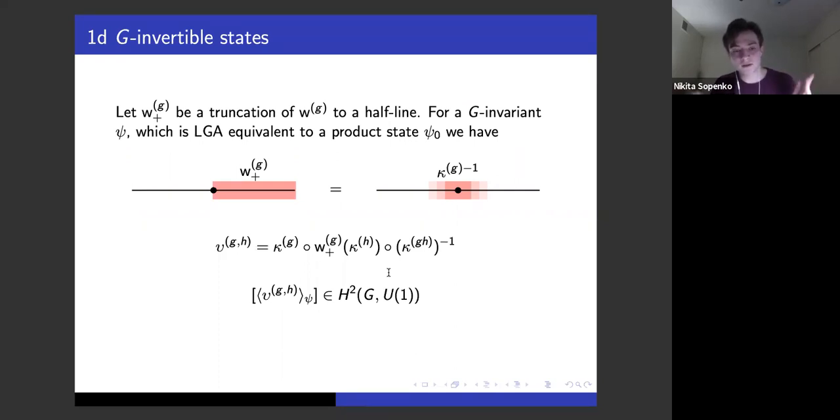And since all zero-dimensional states are invertible, we can construct some LGU which is almost local on this side, and consider the composition of the following LGUs for two different group elements. It doesn't matter whether this LGU preserves symmetry or not. We just want to construct some LGU. But the important point is that the resulting function that we get defines a cohomology class, and it is actually independent of all these choices.